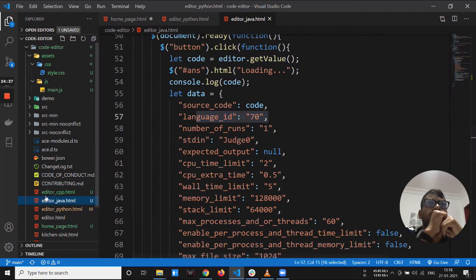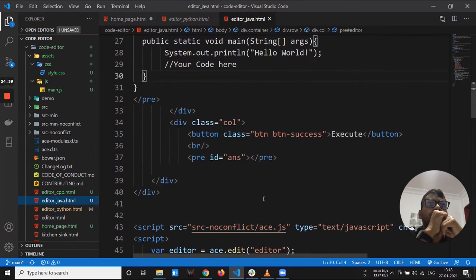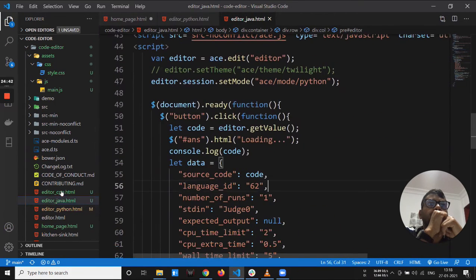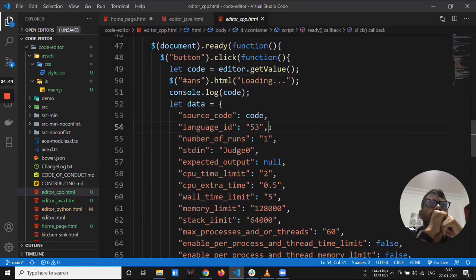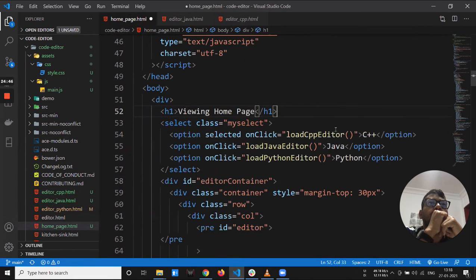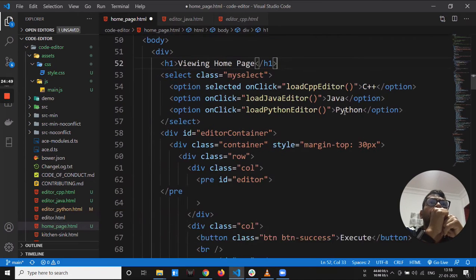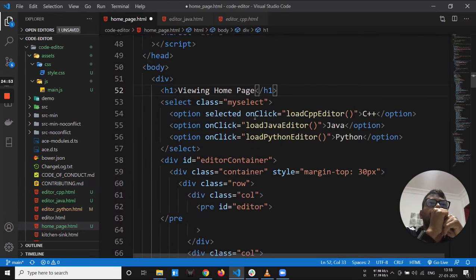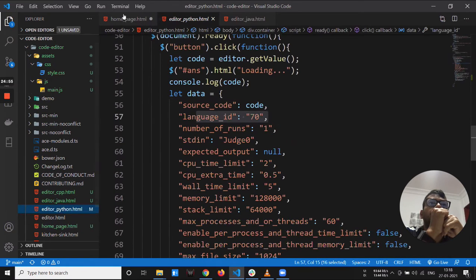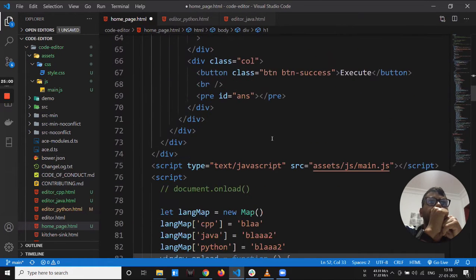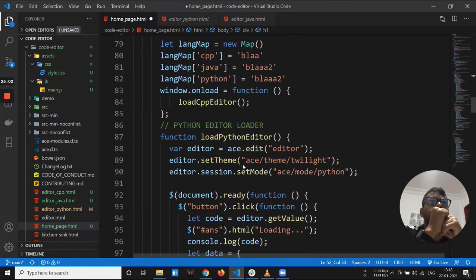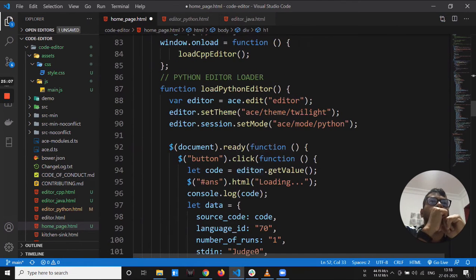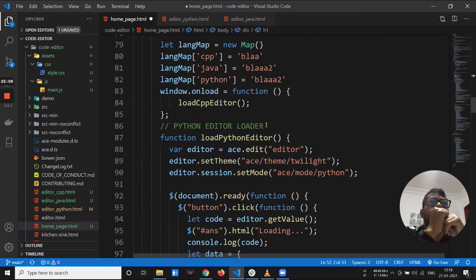In Java, the code is 62, and in CPP, the code is 53. So in my Python code, what is the code? 70. Then why are you sending 53 in the POST request? Maybe only the CPP method is getting called. So print something in the CPP method and see why it is not working.